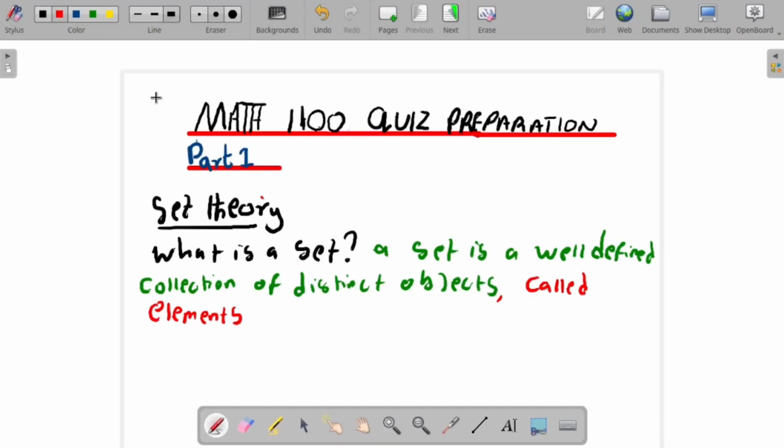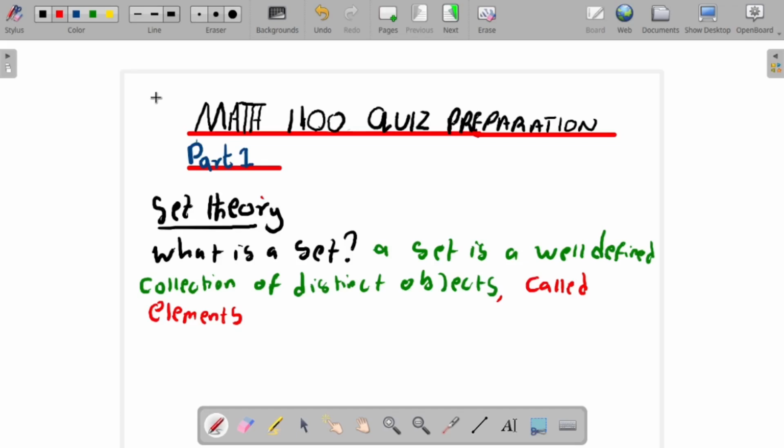This is Twitter Positivity. In today's video, we're basically going to look at Math 1100 quiz preparation. So we're just going to dive deep into the concepts of set theory. But before you do that, it's very important to understand what a set is. What is really a set? So we're saying a set